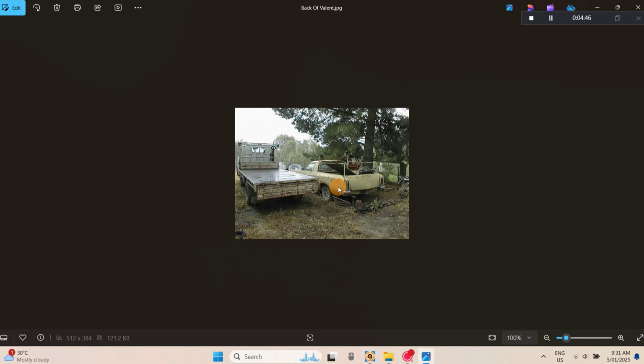But again, here, that was a mate's Valiant Ute. I think the motor came out of that. It was a straight 6, 245 Hemi, I think they are. It came out of that, and we put that in a Dodge tip truck, 3-ton Dodge tip truck. That's not here, but you are starting to see the first of my first entry into trucking,